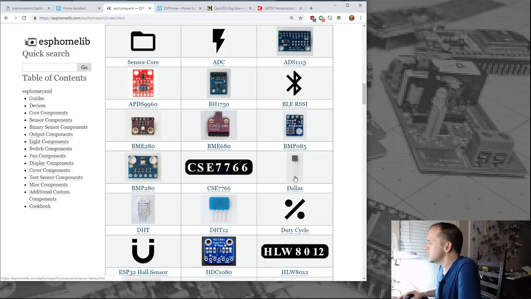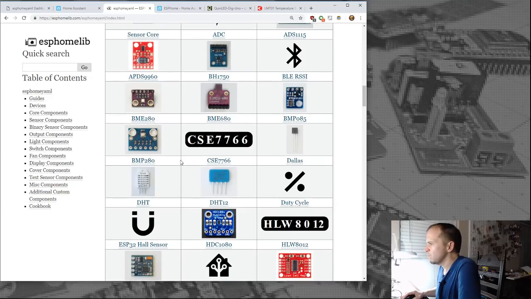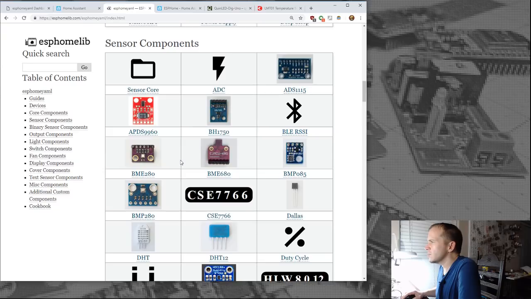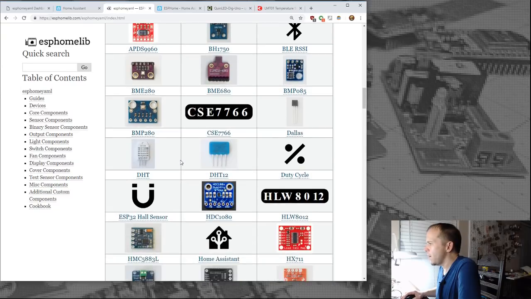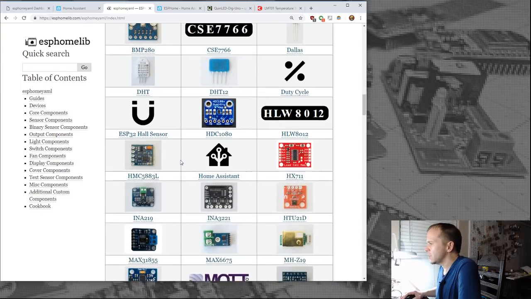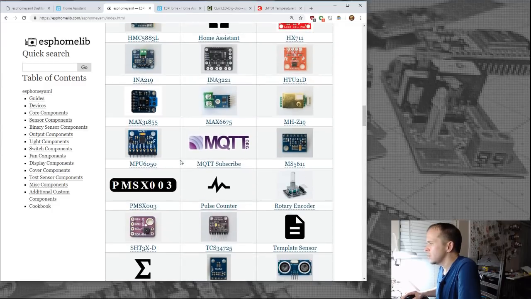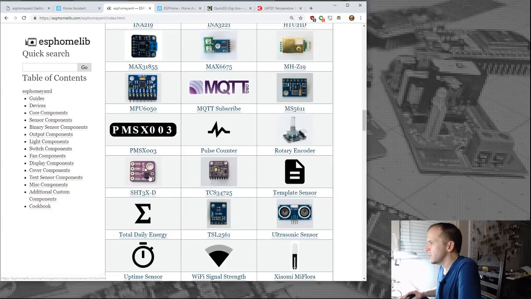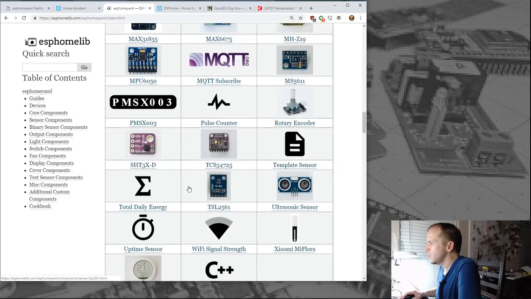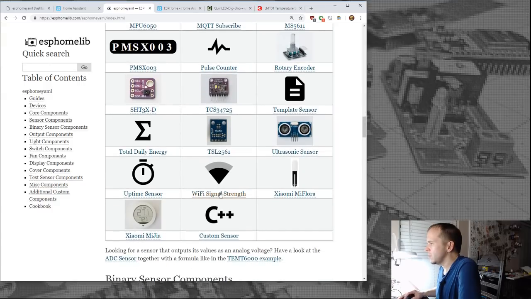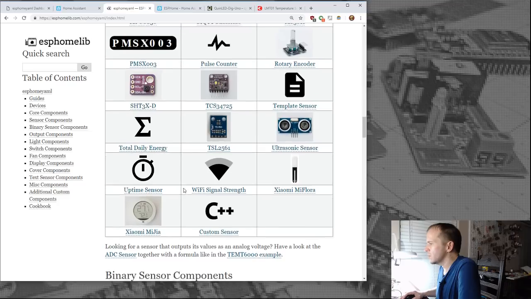So he does have the Dallas. What else does he have? I don't see that LT01 yet. He's got a bunch of sensors. That's pretty impressive. Pulse counter, rotary encoder. There's that SHT I just showed. I have one of these, the TSL2561. You can grab easily the Wi-Fi signal strength.